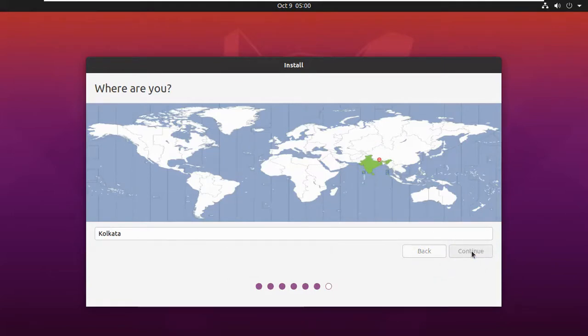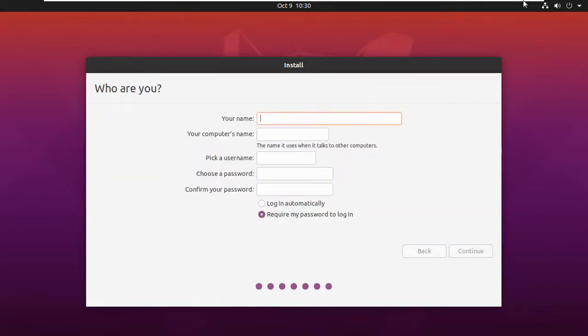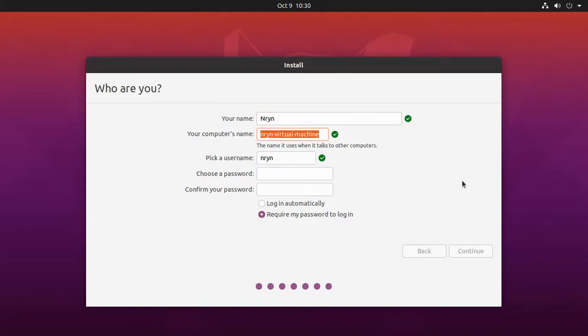So click continue here, and now it is telling you username. So let me give the username here, and here you can give virtual machine name, and I'm giving 01 only. And this is like username and password.